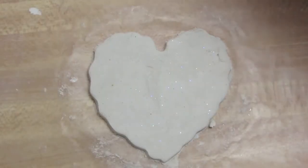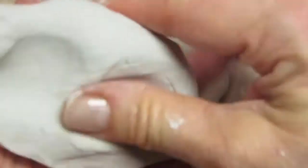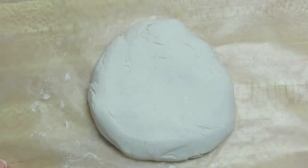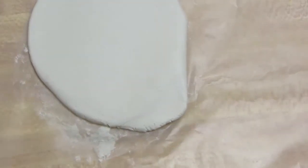So for this heart-shaped one, which was not difficult to do at all, I took the main ingredient, which is this paper clay, and I rolled it into a ball and pressed the ball down, flattened it out. Then I took some wax paper, because you don't want this to stick to your counters, and if you have a rolling pin, you can use that. I still put the wax paper over it, and I just took a bottle. Took my cookie cutter,